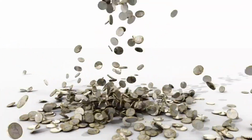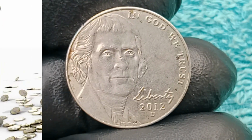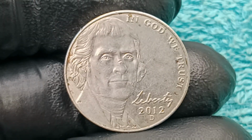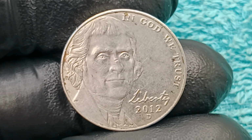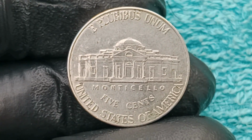Imagine holding an ordinary-looking 5-cent 2012 USA coin in your hand, something you'd think is worth just a nickel, yet this same coin could secretly be valued at an unbelievable $48 million, a life-changing treasure hiding in plain sight, a small piece of metal that carries a story of error, rarity, and mystery so deep that collectors across the globe